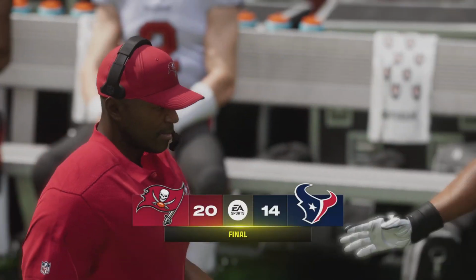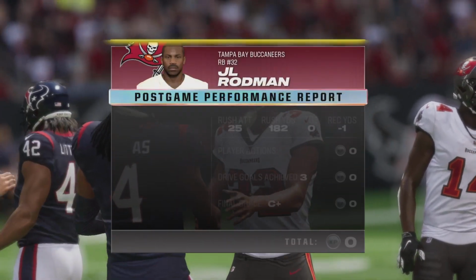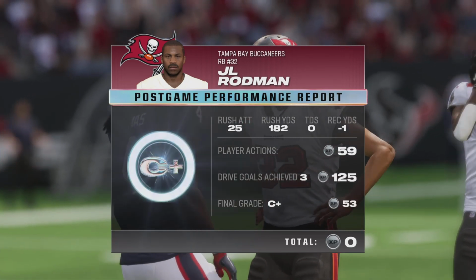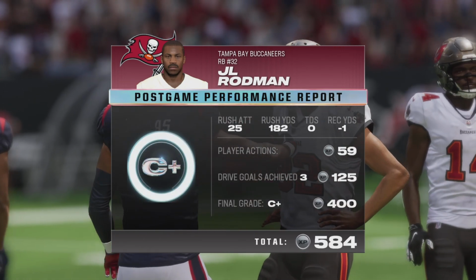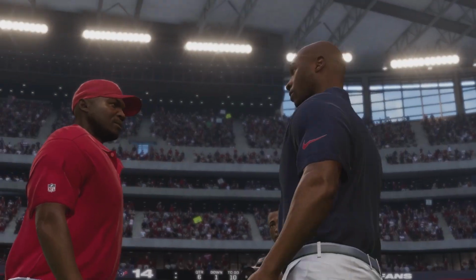This one came right down to the wire, and CD, they had that one final chance to try to navigate their way into the end zone, but couldn't get it done to avoid the loss. Yeah, and how about the defense there? Because while they had one final look at the end zone, the defense made sure